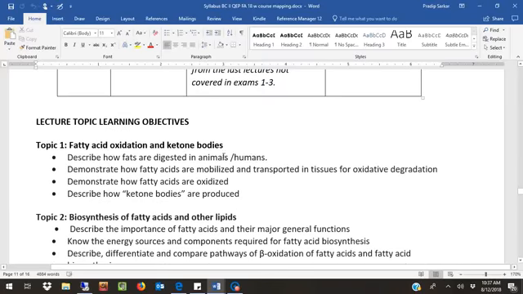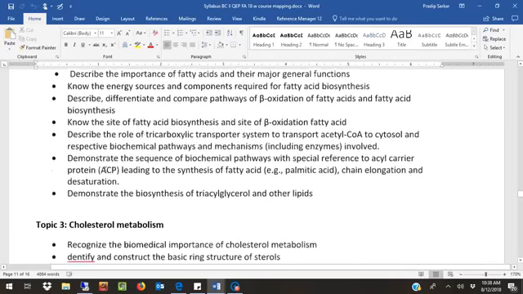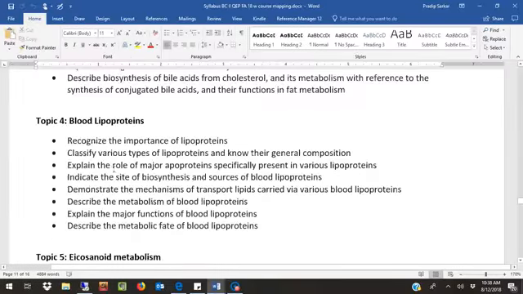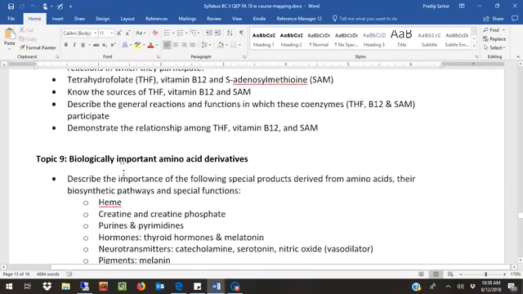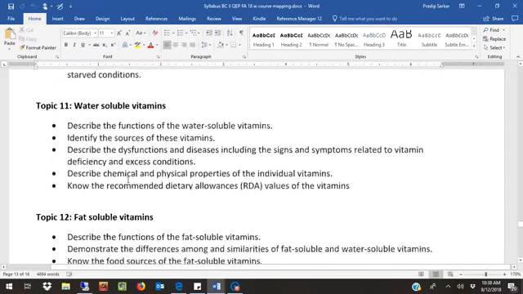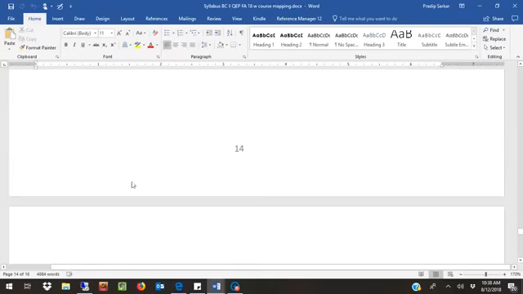So I have also written individual lecture topic learning objectives for each topic. It is in more detail. I recommend you to keep this handy. It is also described on our Blackboard web page. You will see for each topic there is a specific learning objective that will be useful. Keep this handy for each topic when I am lecturing on that. And after this, once we are completing these specific learning objectives,